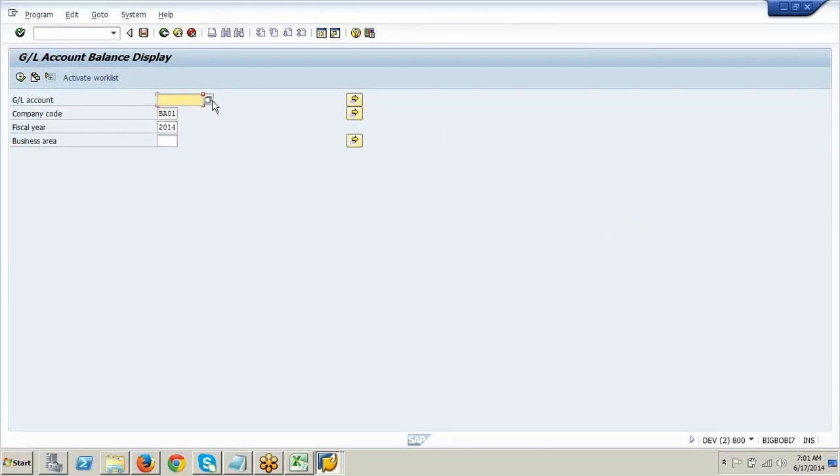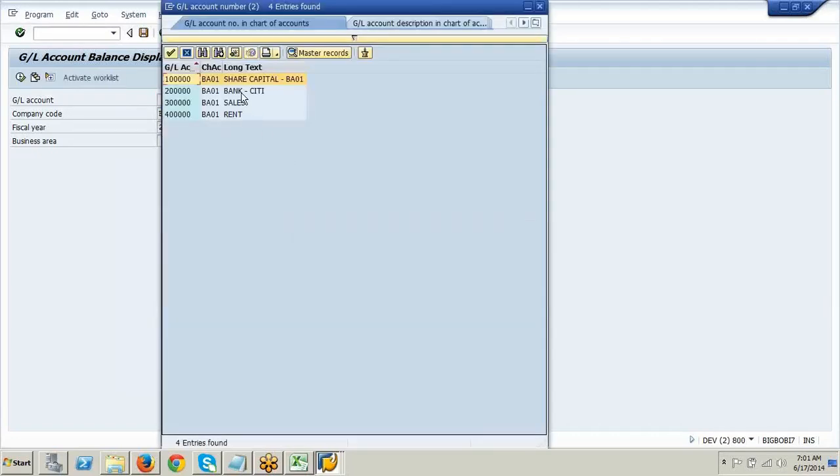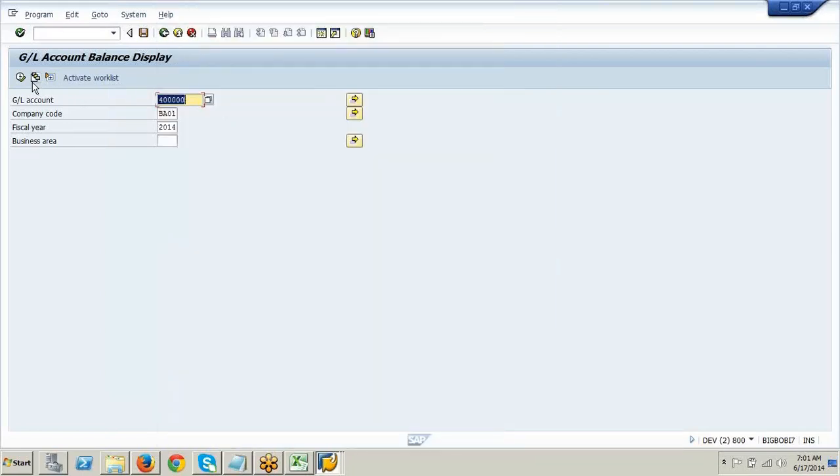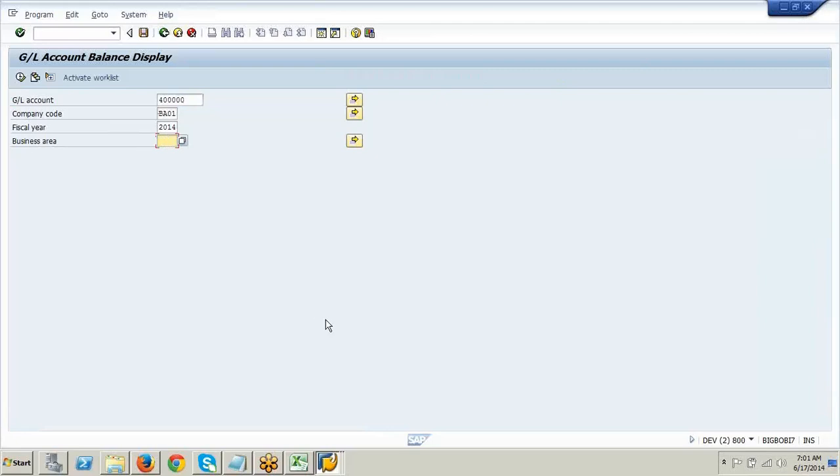I want to see what rent we said, right? If you do not know the rent GL account, you can take help of this pop-up. Rent here. Click on this. Execute. See what amount it is giving? 170, right? Total. In this rent, I want to see specific to a business area BA02.